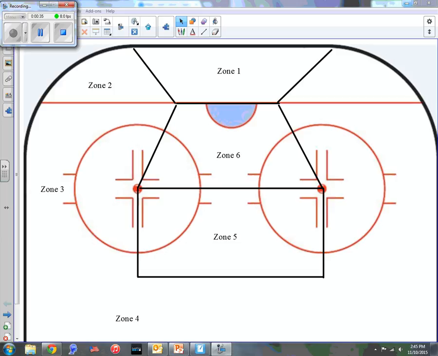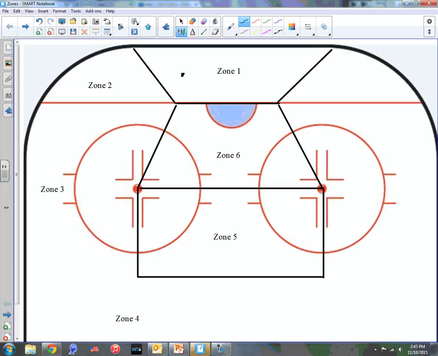And so what I would say is this. What we want to take a look at is, if this puck is here in zone 1, the question becomes, what situation should I be in? The questions that I like to ask my goalies are: What is my depth? What is my angle? And I also want to ask, what kind of stance do I have?